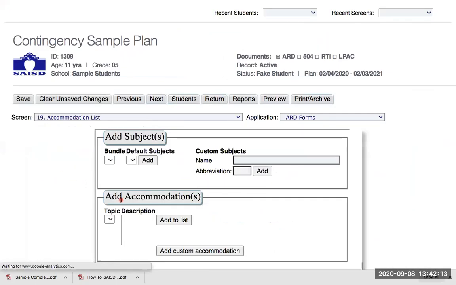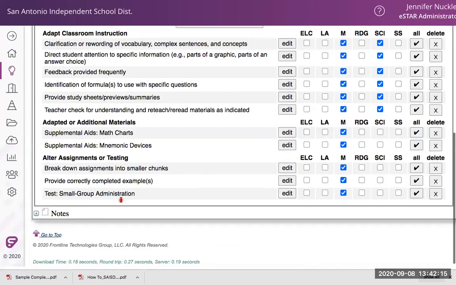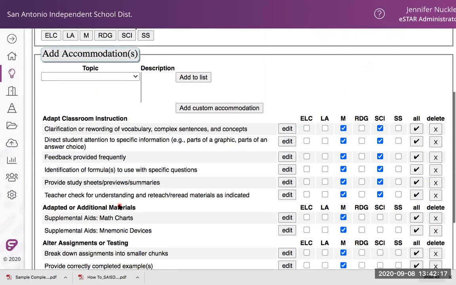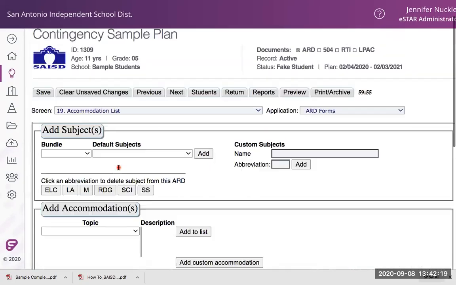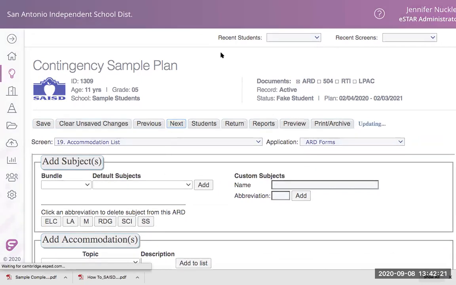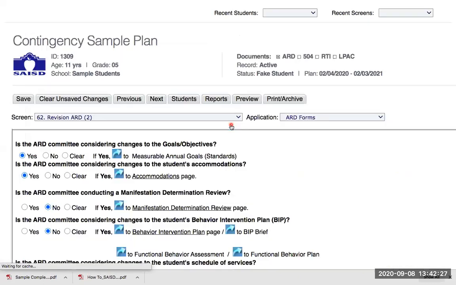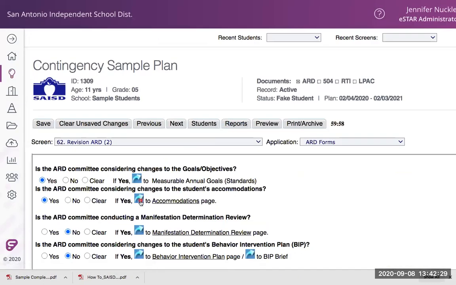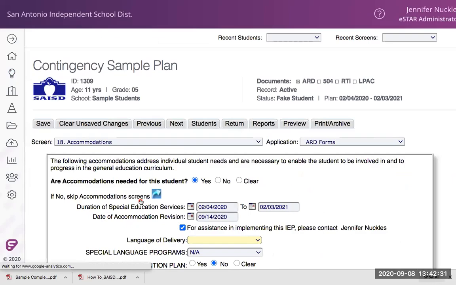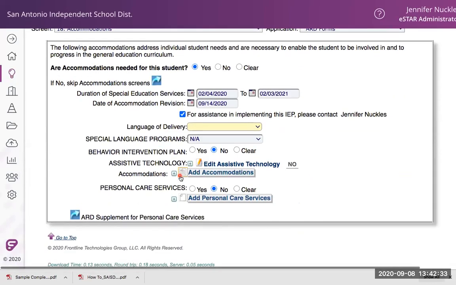I know that this student right now has all of her accommodations in this new screen. She has none of them over here. What I learned as I was playing around with this is I cannot get this box to print